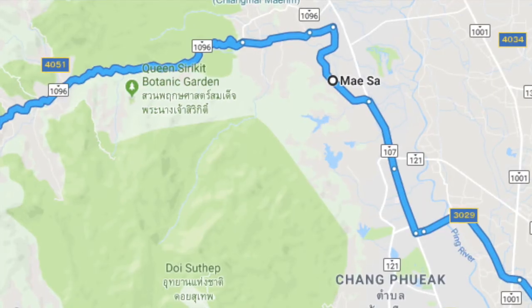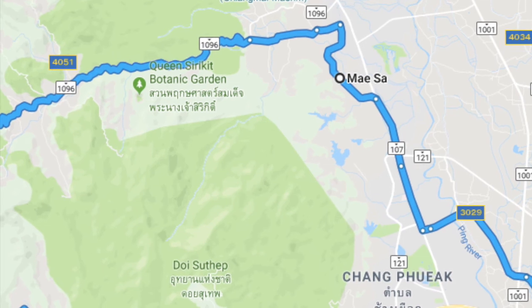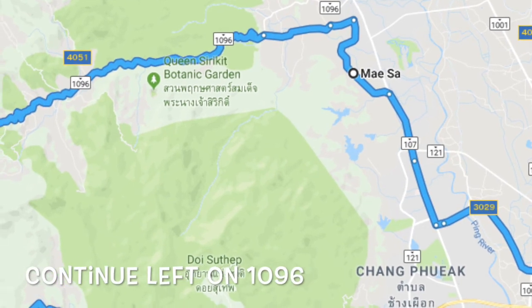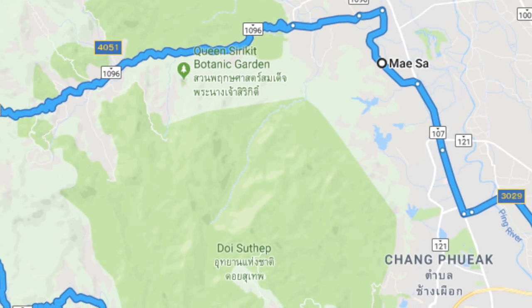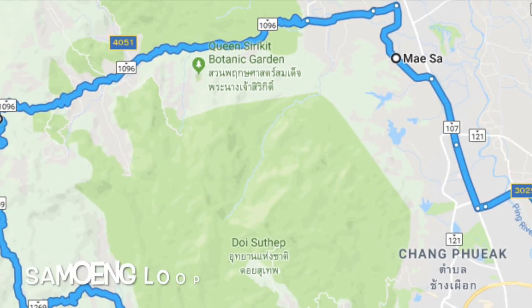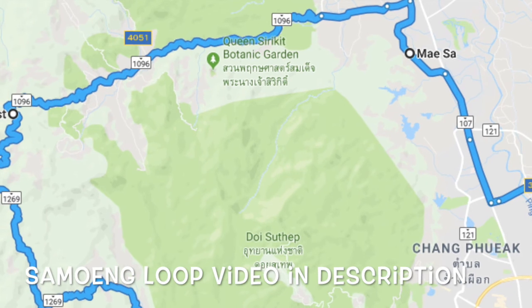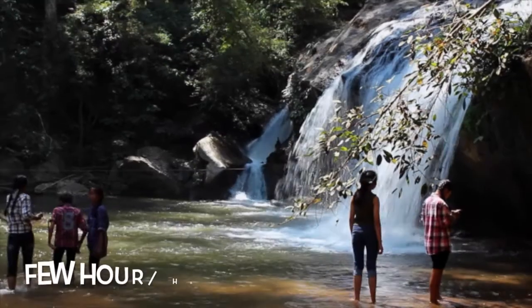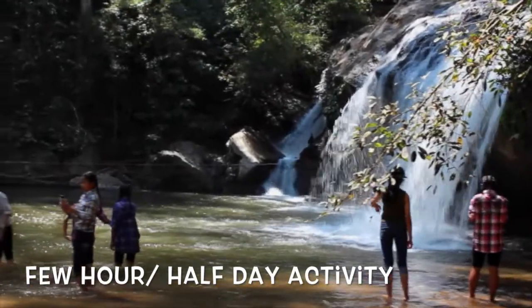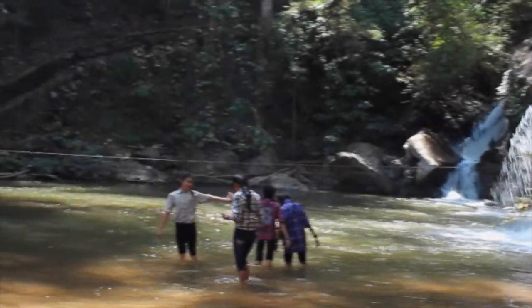To continue onto the Samong Loop, go back out onto Highway 1096 going north on the way out. However, I have made a completely separate video explaining how we did the Samong Loop, other attractions on the way, and how to spend the rest of the day if you don't want to spend the whole day at these waterfalls. I would recommend spending a few hours here or maybe the afternoon to cool off, but I probably wouldn't